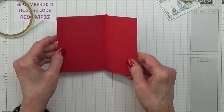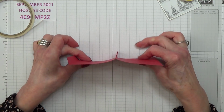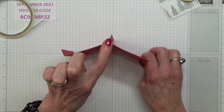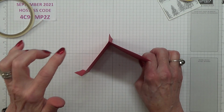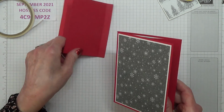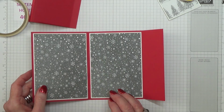Now, what you need to do is, first of all, that one needs to be bent back. So you should have in front of you your cardstock looking like that. So you've got your 2 pieces going backwards. This one starting on your left hand side, that one being in the centre. Now this is the opposite to this one. When you do this one, you need this to open up as a regular card, okay, and that is going